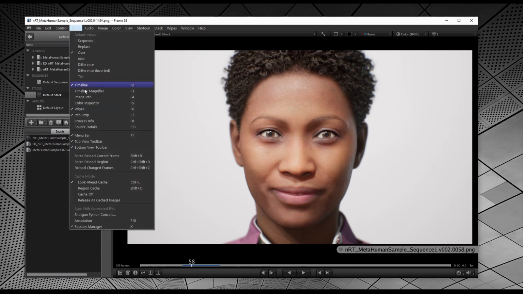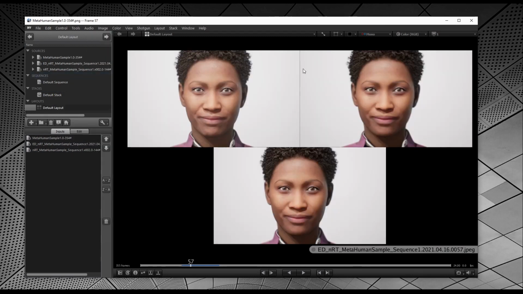Of course, we can go back to that tiled, and now we've got all three lined up side by side. Again, we just hover over and we can see the difference. Up here, the upper left, that's our output from the sequencer. This is the Epic default on the upper right. And then down at the very bottom, this is our normal non-ray-traced, but with the extra features. So the differences are